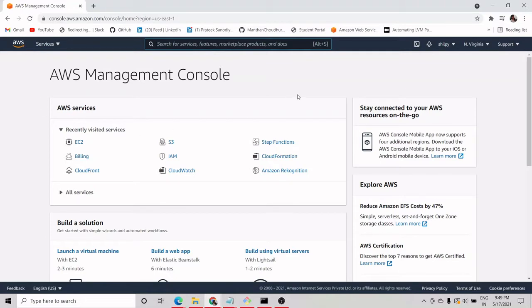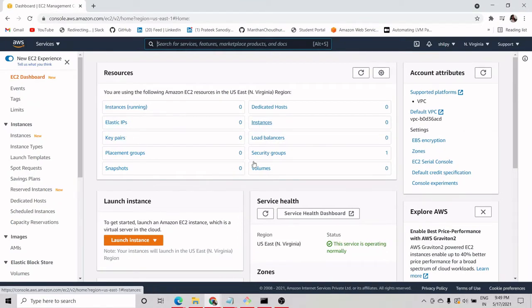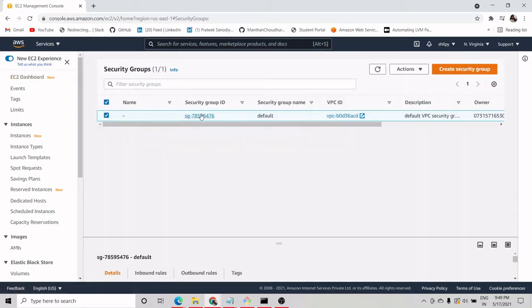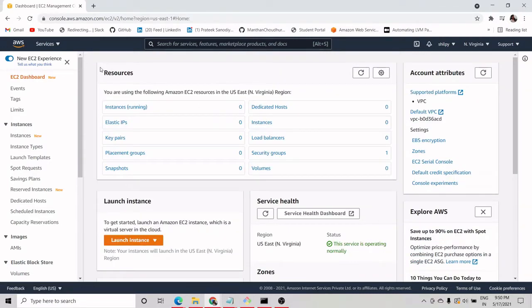So this is my AWS management console, and here we can see that we are already in Virginia region and we don't have any EC2 instance running. We don't have any key pair, we don't have any security group as such, but we have one security group, but this is the default one. So we are not going to use this anywhere because it has all the traffic allowed in inbound and outbound rules. So we will create all these things manually because to launch an instance we need all these things. First of all we'll create a key, we'll create a security group and we'll authorize the inbound rule to that security group as per our need. So let's go to command lines.